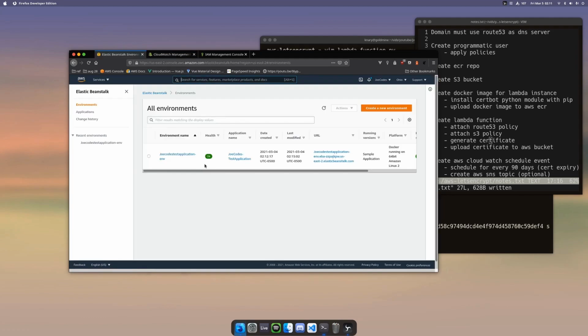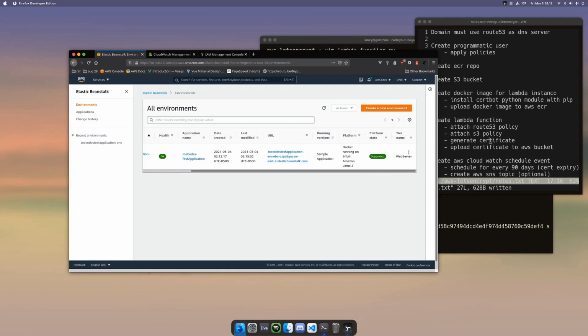So if you're using Elastic Beanstalk, what I would do is make sure that it's running on a Docker environment. And then in Docker, when you're creating the container, I would install the AWS CLI and make sure that the role associated with that is authenticated to read things from the S3 bucket that the SSL certificate is in. And then you download the SSL certificate from the bucket inside the Docker build phase, and then the SSL certificate is placed in the correct configuration file, depending on what you're using,